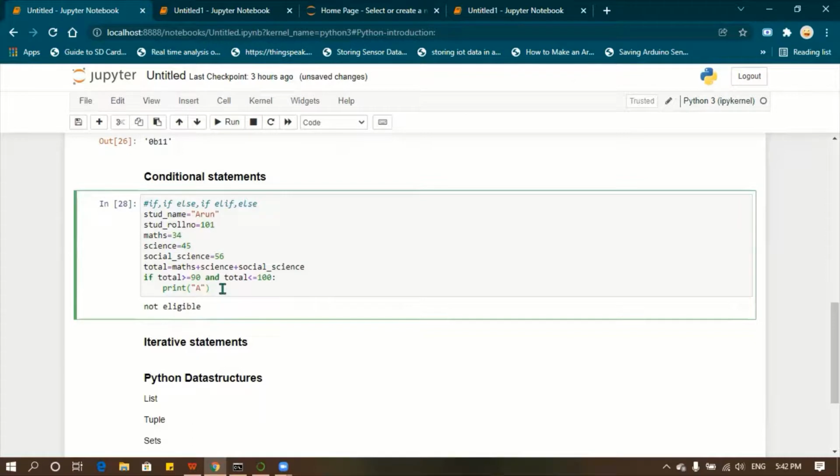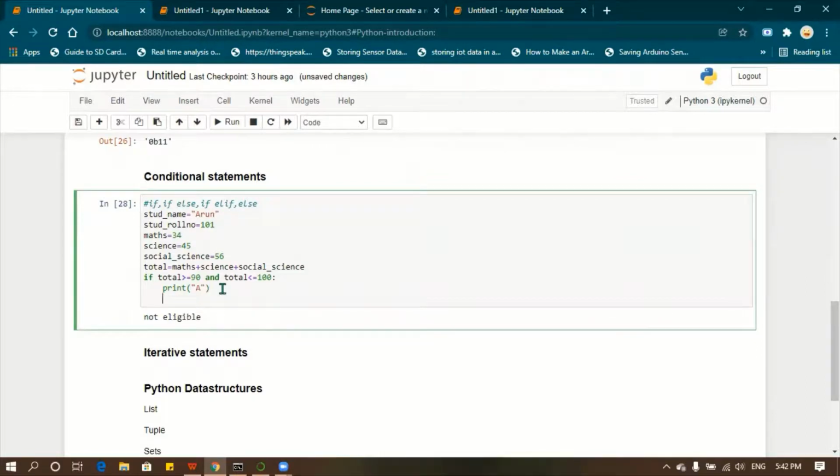Likewise, I'm going to give some values here. I'm going to use else if, just because we are going to check multiple conditions here: 90 to 100, then 70 to 89, then 50 to 69, then below 50.